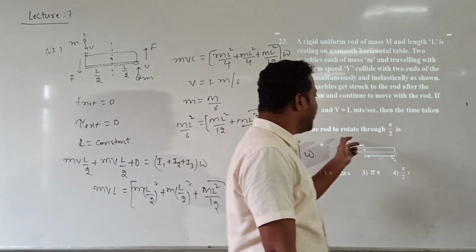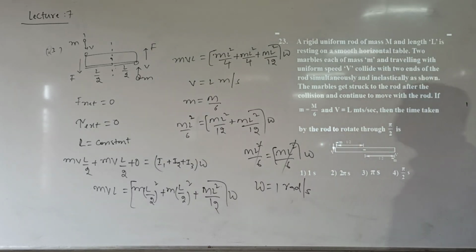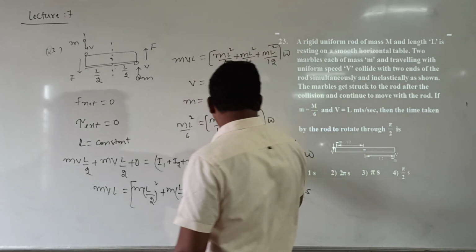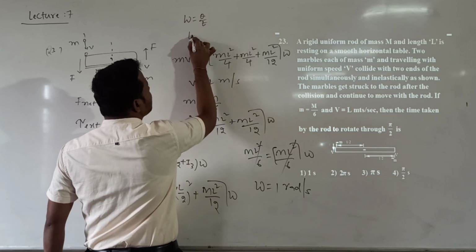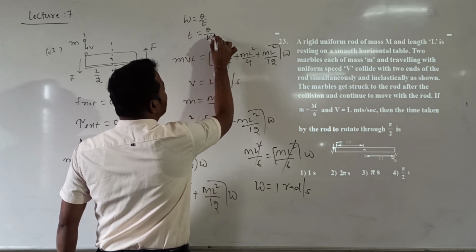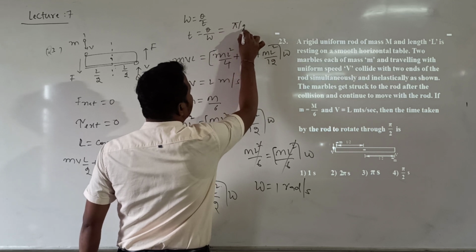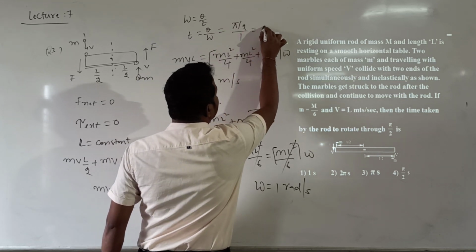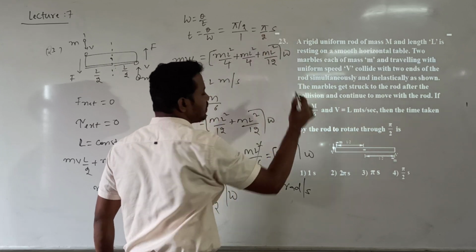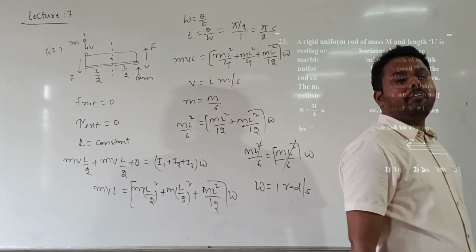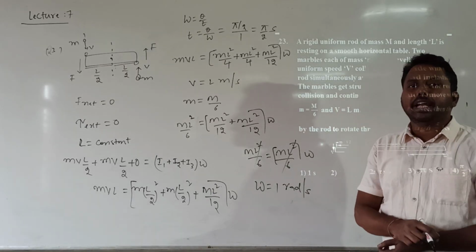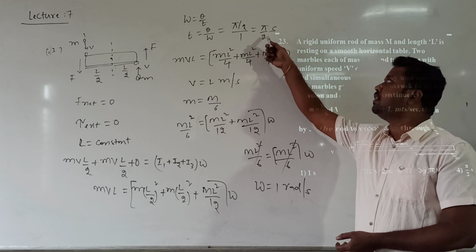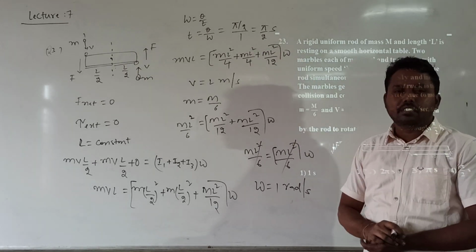What are they asking us to calculate? What is the time taken by the rod to rotate through pi by 2? In order to rotate through pi by 2, what is the time taken formula? Omega is equal to theta by t. Then t is equal to theta divided by omega. What is theta value? Pi by 2, then by omega value 1. So what is the final answer? Pi by 2 seconds. This is the time taken by the rod after hitting the particles. So the angular displacement pi by 2 takes exactly pi by 2 seconds.